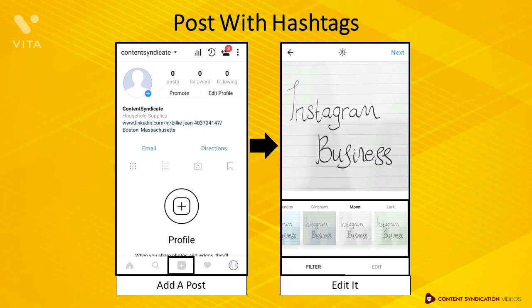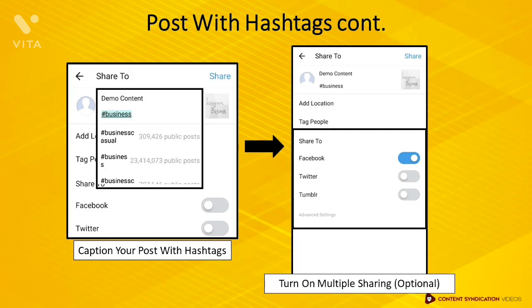This is where you need to put more effort on. It's advisable that you caption every post you are going to upload to Instagram. Each image or video must carry a certain value to your content. With it comes the hashtag. Always add hashtag to your post. For example, when you put in hashtag business, a lot of similar hashtags appear. It means that your post will become one of the many posts that contains that particular hashtag. The more hashtags you put, the more likely your post will reach a bigger audience.